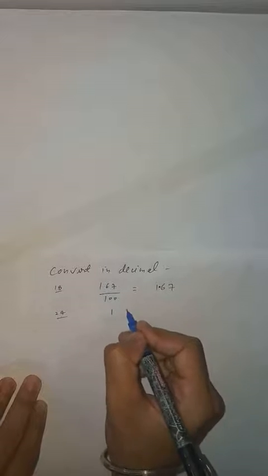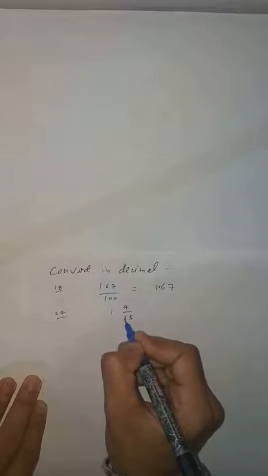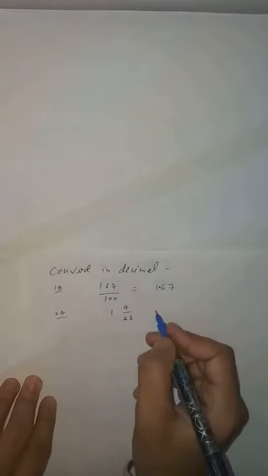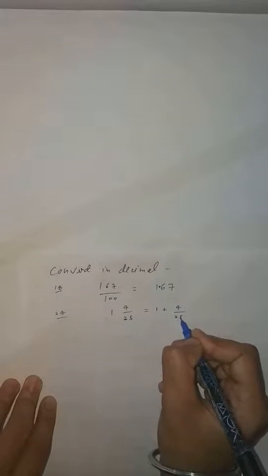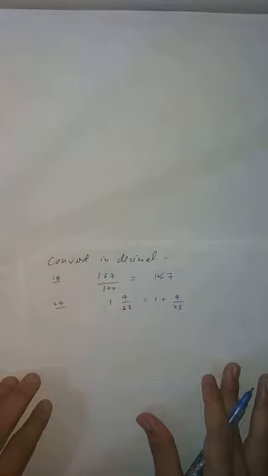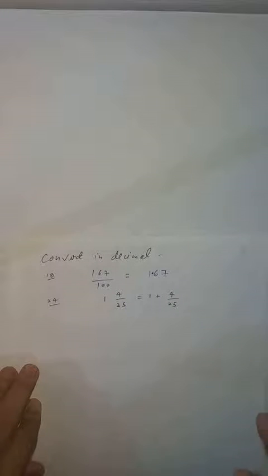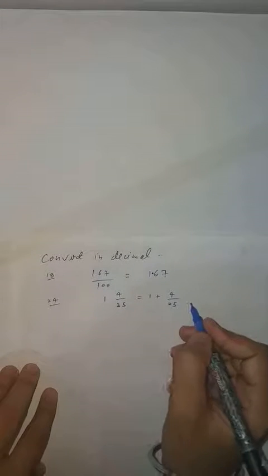Now come to the next question, like 24. What is given? 1 whole 4 upon 25. Now how to convert this student? Okay, so now let us check. You can write down this one same as, there is no need of doing anything, plus write down 4 upon 25. Now you have to convert this 4 upon 25 into decimal. I explain that if anything is given, try to make denominator in the form of 10, 100, 1000. Clear? So here you can say if you will multiply by 4, so this will become 100.